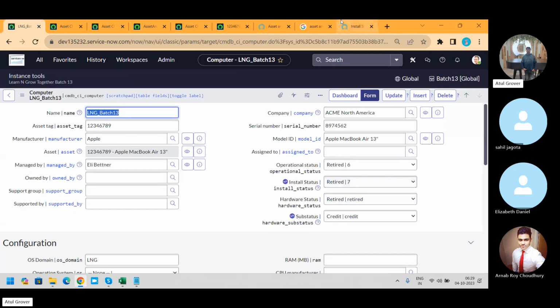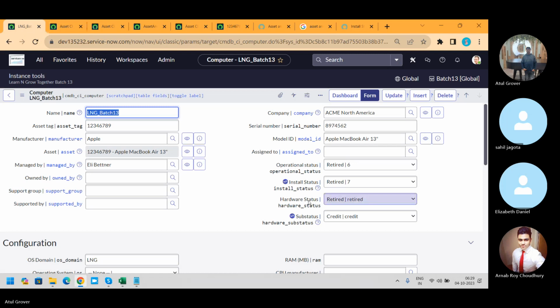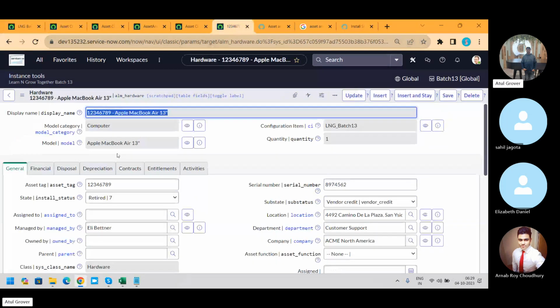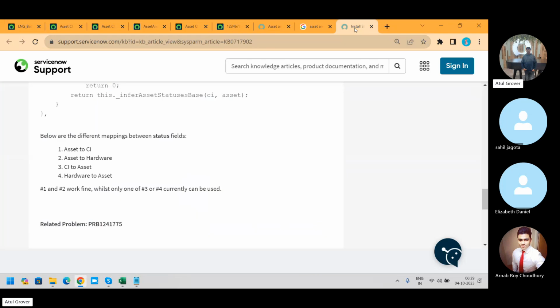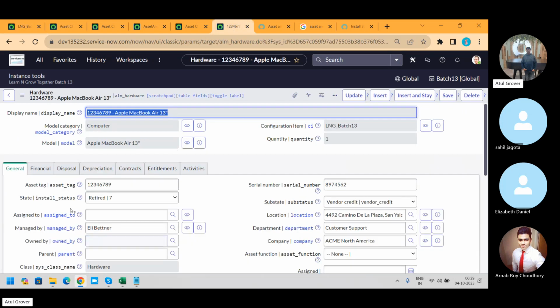Working fine? Yes. Second, asset to hardware, this and this. Working fine? Yes. I want CI to asset, this and this,